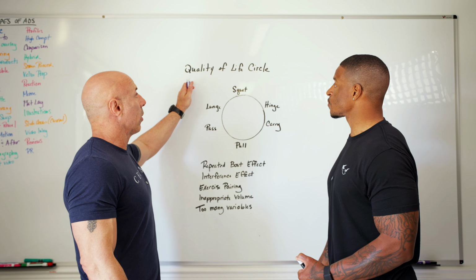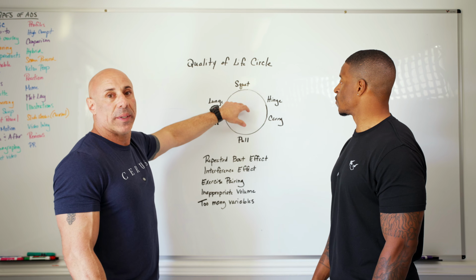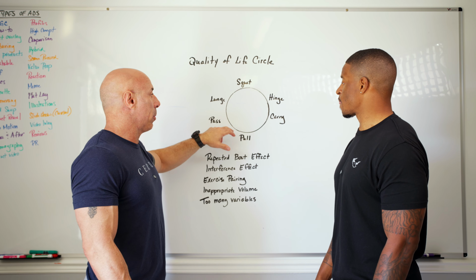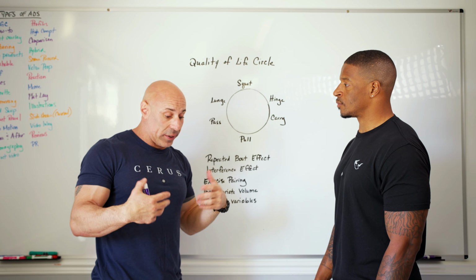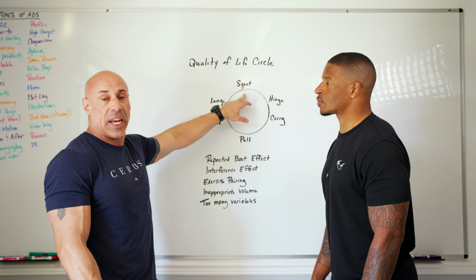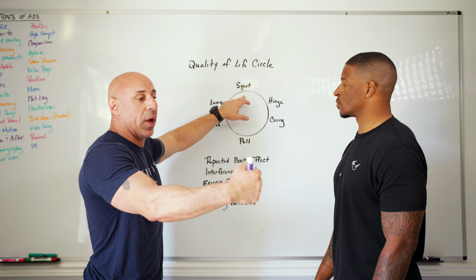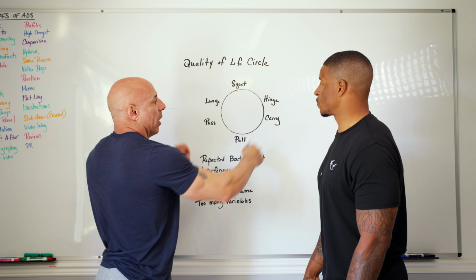And the reason why I call it the quality of life circle is that if you have to regress these movements too much, then you lose your quality of life. If you cannot put your hand over your head and put something up, then you need an assistant or need to step on something to do that. If you cannot sit down and stand up on your own, then you either need to assist yourself or use someone or some object to assist you. So you're always trying to build upon these so that doesn't happen.